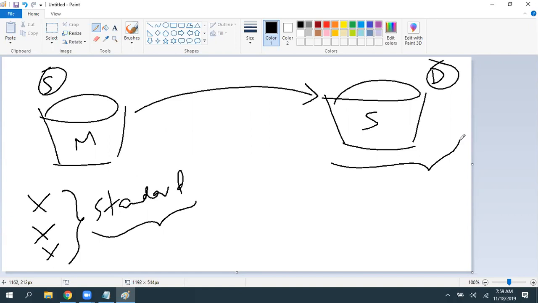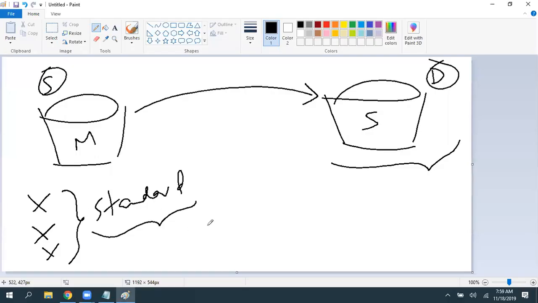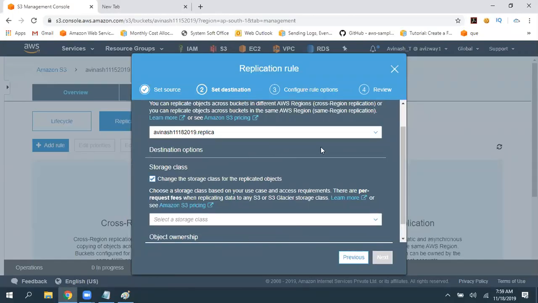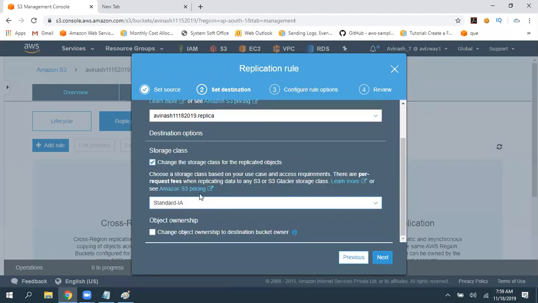If you want to maintain the same storage class, don't select anything here. Whatever data you have here, if data is standard, it will also be standard there. If data is standard infrequently accessed, it will also be infrequently accessed. But whatever data is replicating, I want to choose a storage class called standard infrequently accessed.